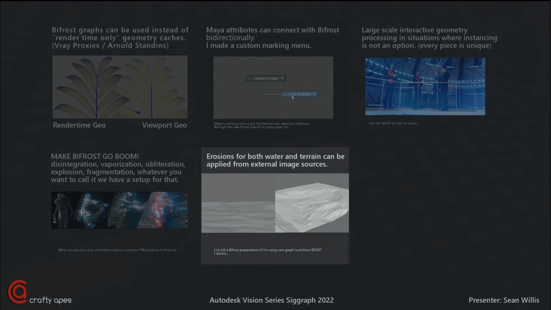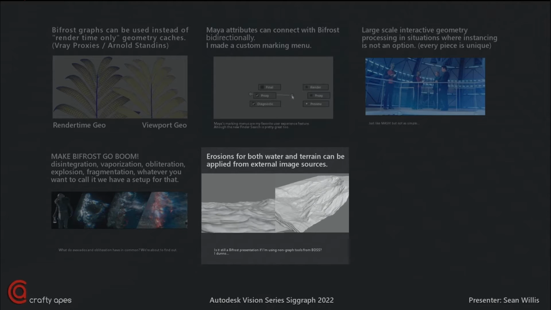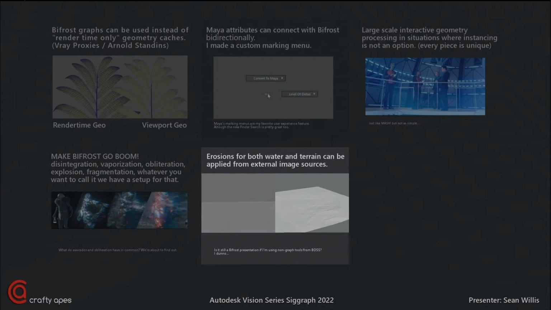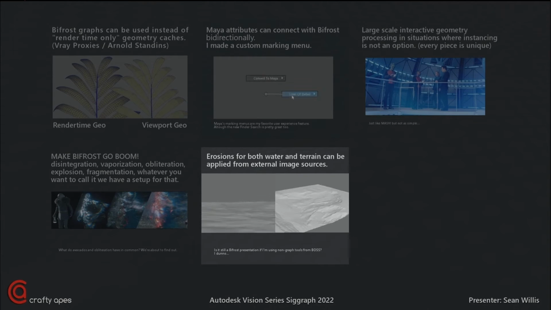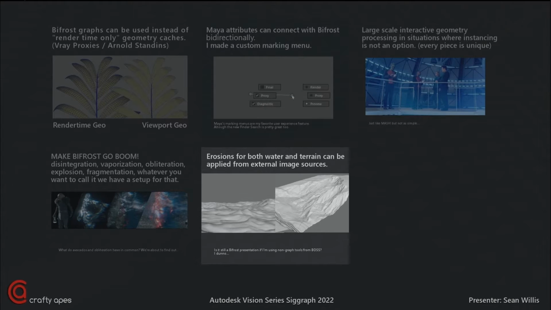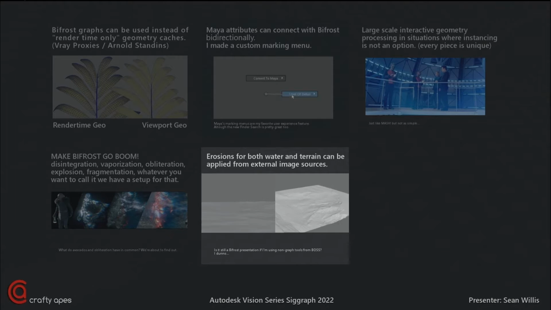Erosions. Bifrost is really good at just processing stuff in general, and a lot of times it's as fast or faster than Maya. When you know what other things you can do in the graph, what things can be interconnected to one another, like in Bifrost's BOSS, you can drive a boat with waves. In the graph, you have full control. It's not just this parameter that you have to tweak. It's not just a setting that you need to set up. You can inherently build it into your setup that you publish to other artists, and it gives you the amount of control that you would want, and it's unified in a way. So that's going to be fun.